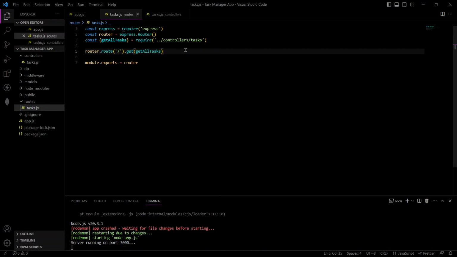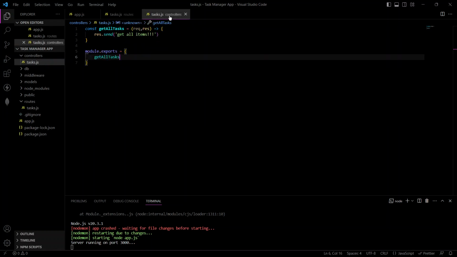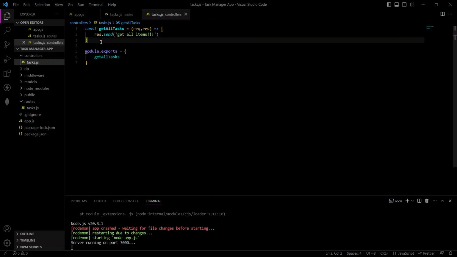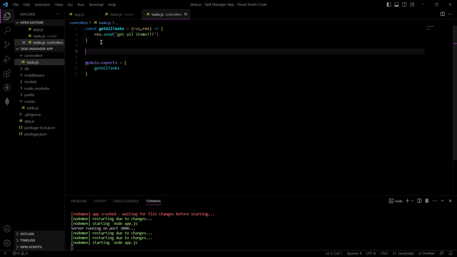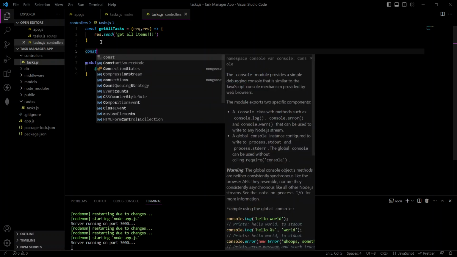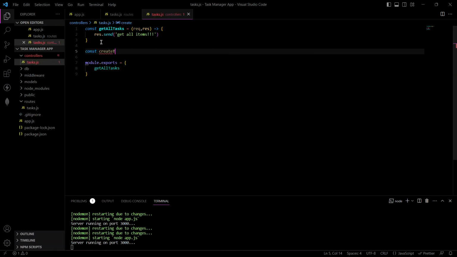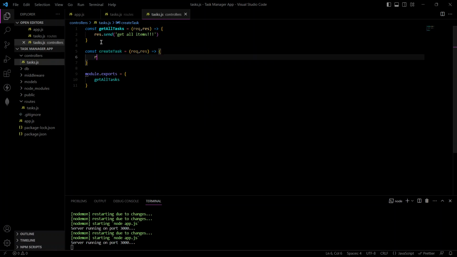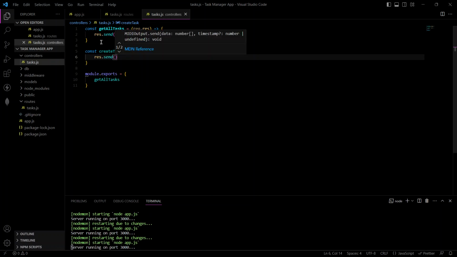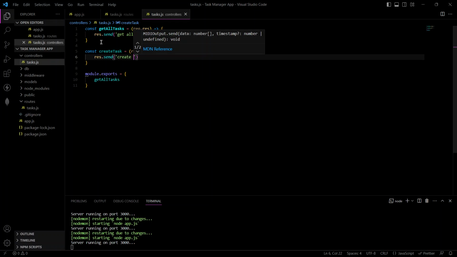So as you can see, this is actually a much neater way. I mean, this is a better way of writing the code. So I'm just going to do the same thing for my posts and the other ones too. I'm just going to say const createTask. Let's create our task and then work on this again. This is going to be res.send. Okay, we're going to say createTask. Okay,